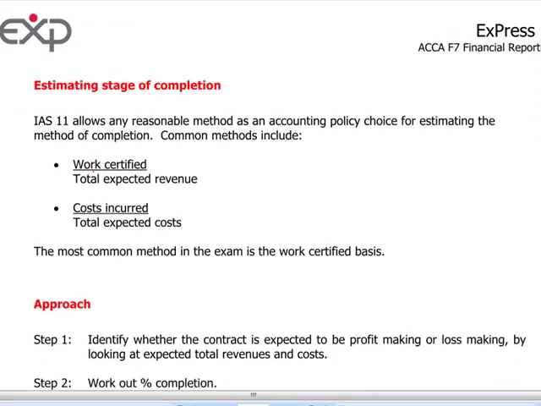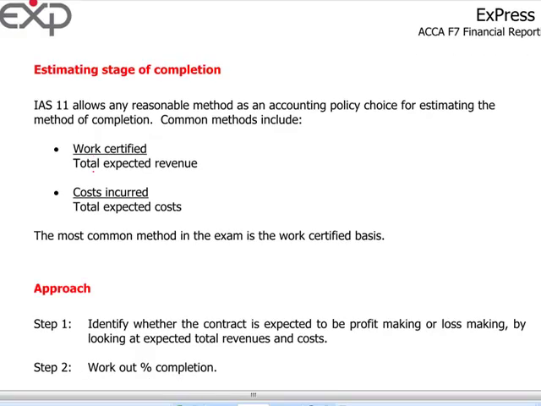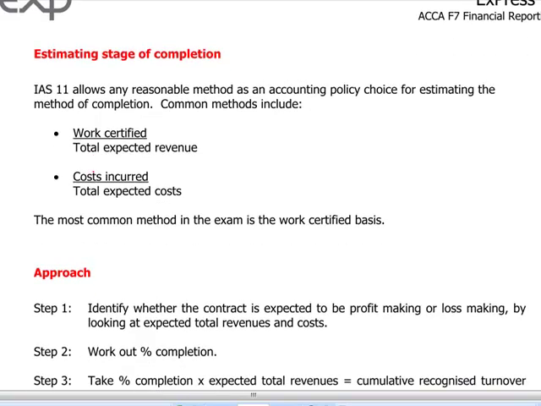Then the question is, how can we estimate the stage of completion? Basically the standard describes two common ways. One is called work certified. What does that actually mean? An independent valuer or surveyor will come to the construction site, take a look at what we have built, and say, I don't know, 30% of the terminal is built. So therefore, I am allowed to recognize 30% of the revenues, 30% of the cost, and therefore 30% of the